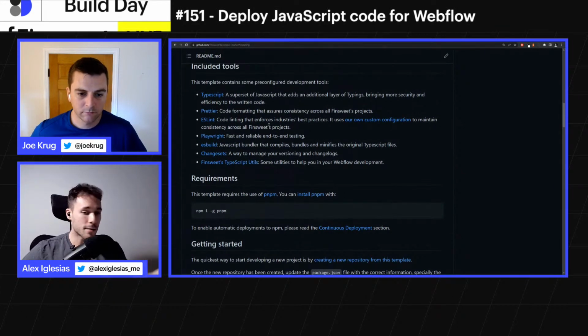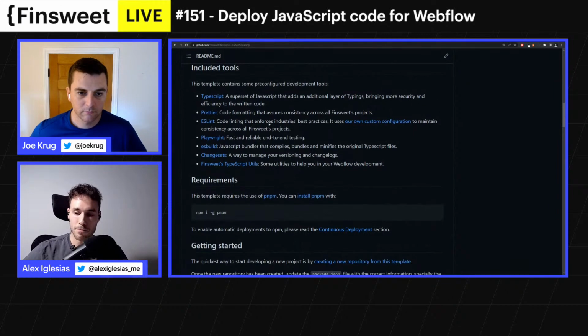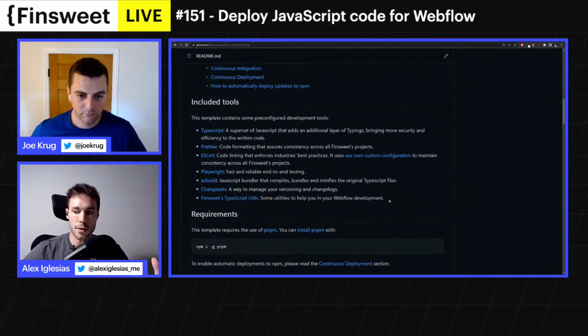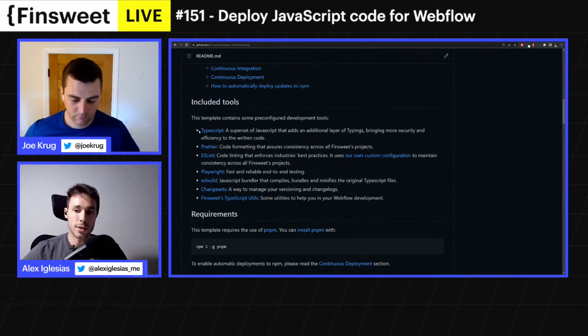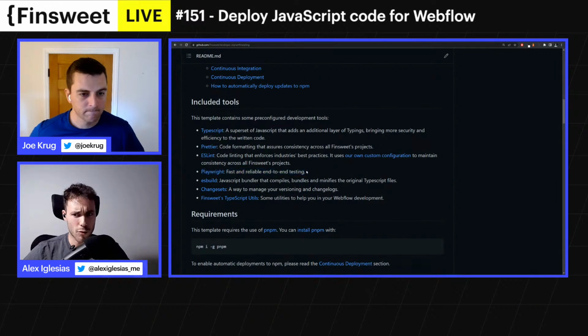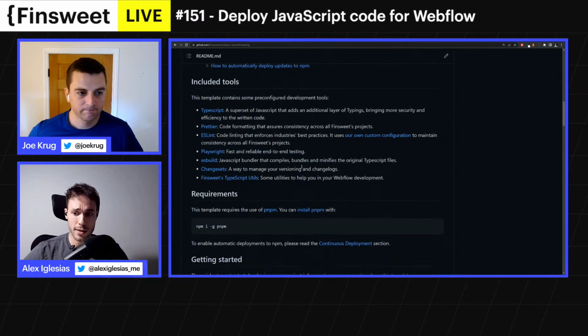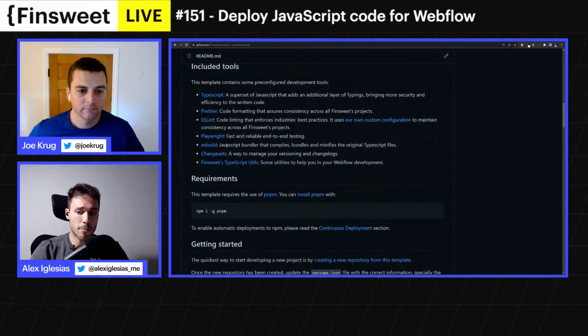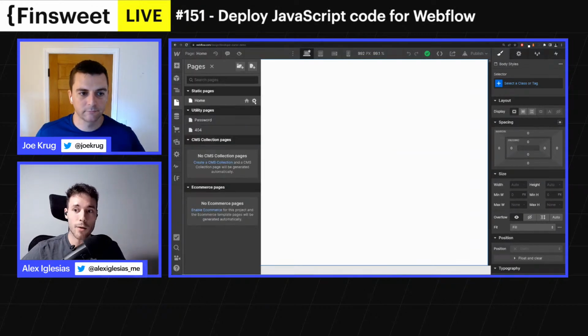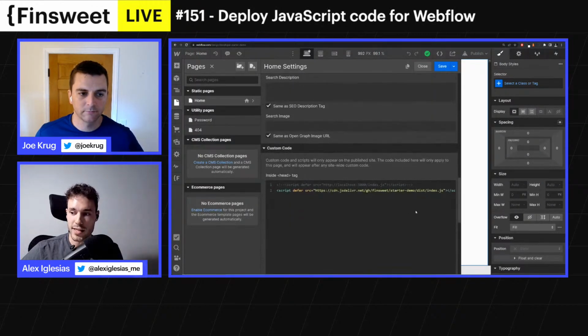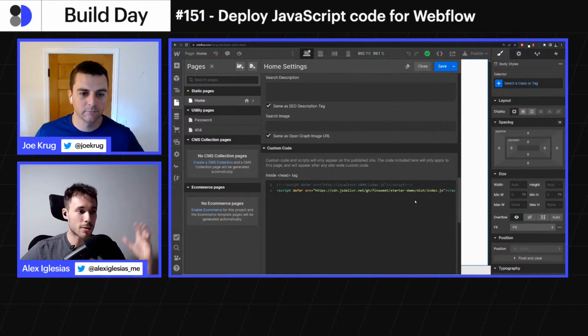And just finishing the summary, what we discussed was the tools that are included in the template. So we explained about TypeScript, Prettier, ESLint. I don't think we explained Playwright. I think that today is the best day to do that. We explained about ESBuild for compiling the code, and then we explained a little bit on how to start deploying that code, how to host that code to bring it into a Webflow project like we did here. We took a jsDelivr URL and we pulled it from GitHub, but we'll explain about this again